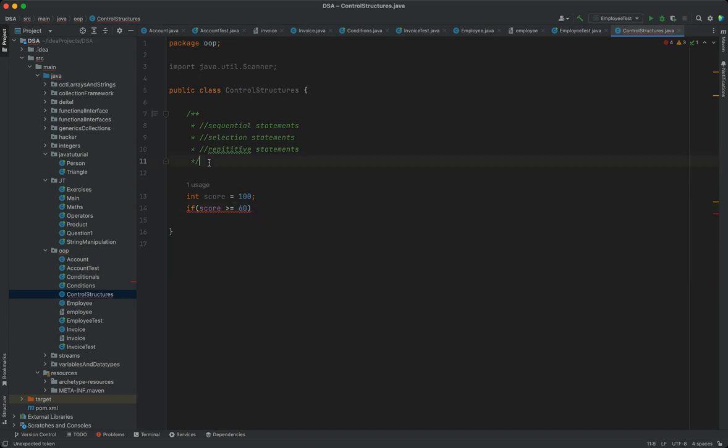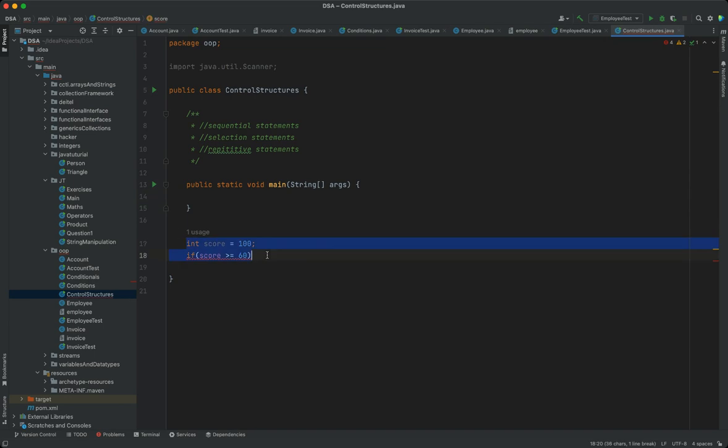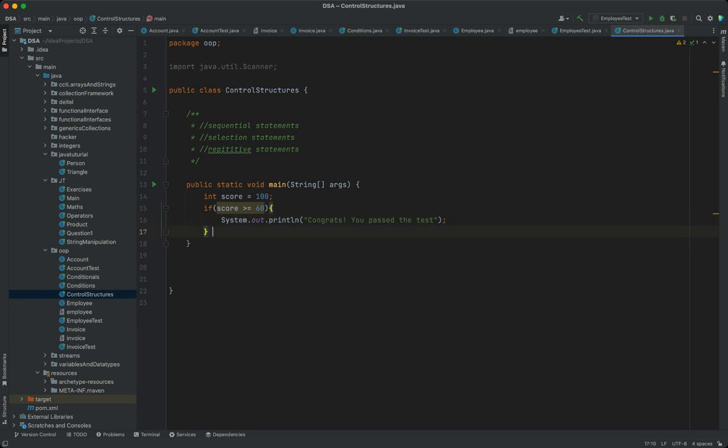I need to set up a main method first. So I'll just put this here. If score is greater or equal to 60, I would say congrats, you passed the test. Then the other option would be